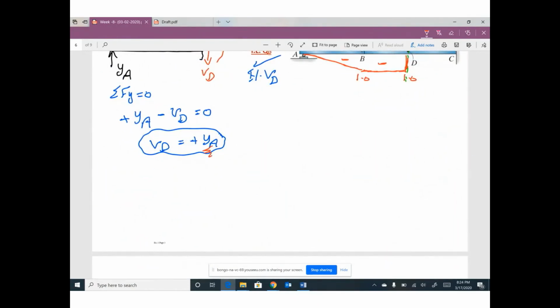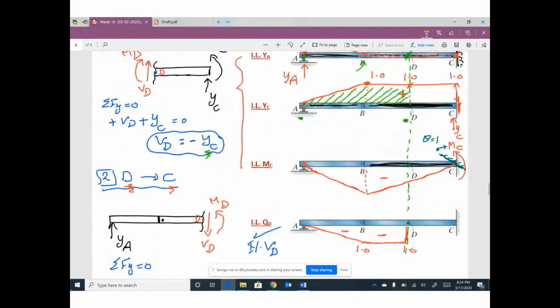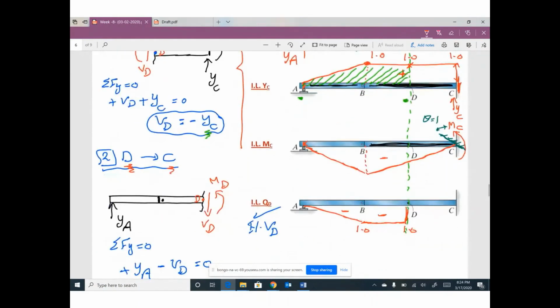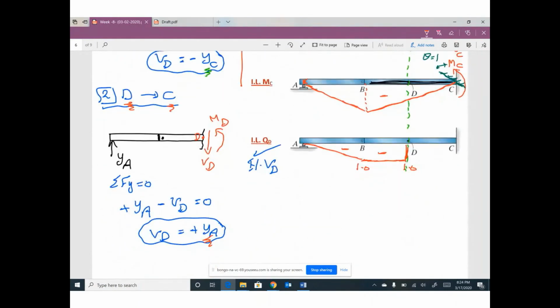Second trip, from D to C, your value of shear equal YA. Your value equal YA positive from D to C. Where is D to C? Do you have any diagram for YA? Do you have any diagram here? No. So get this diagram if you have, multiply it by positive and put it here. This shape is the confluence line for shear at